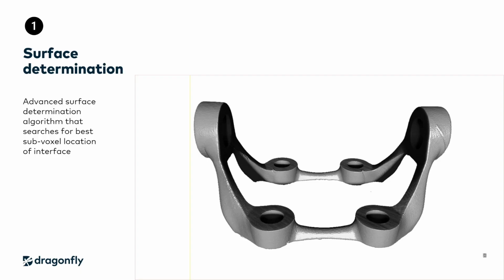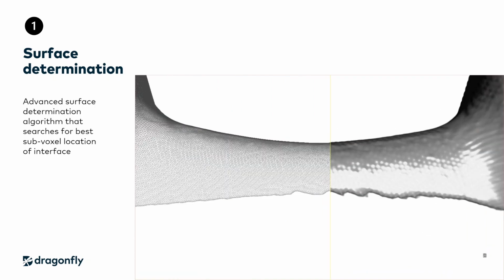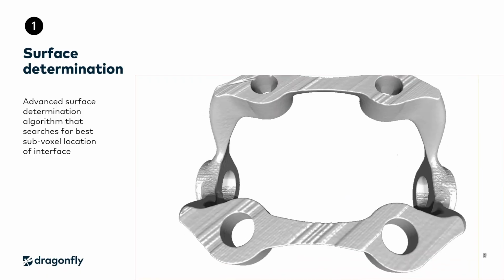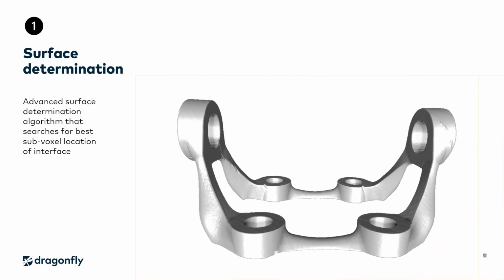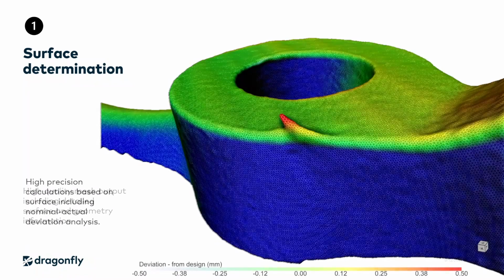This example animation on an automotive bracket dataset shows the before and after of this process, including the volumetric mesh that gives you precise location information, which then can be used for measurements, further analysis, or even export. The mesh that is generated is highly detailed, smooth, and optimized for precise measurements up to 1/10 of a voxel, depending on the data that you're working with. So, surface determination provides you with an impressive mesh output.